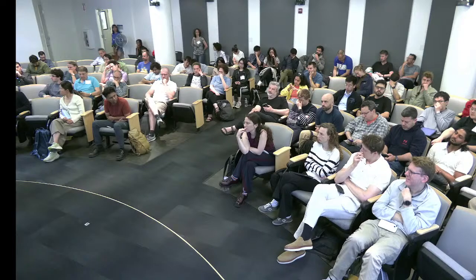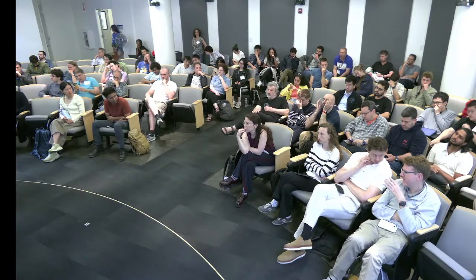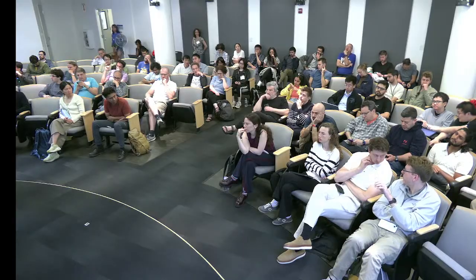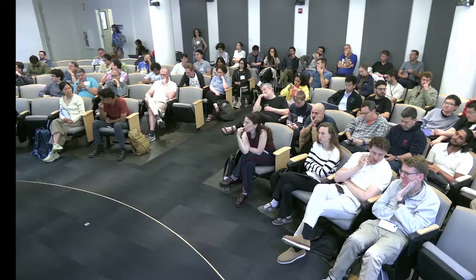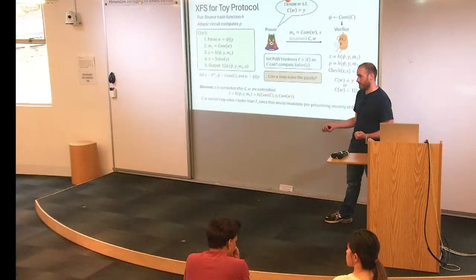So. Okay. Sorry, could you maybe repeat the pre-processing security? The pre-processing security says that if someone has a lot of time before the puzzle is chosen, and then gives some auxiliary information to the person trying to solve the puzzle, it shouldn't be able to solve the puzzle faster than L, even if it gets this information that was chosen again before the puzzle was chosen. But this holds no matter how I choose the puzzle? The puzzle is chosen randomly, so uniformly randomly, it's assuming this. It's not uniformly randomly, it's like using the hash.